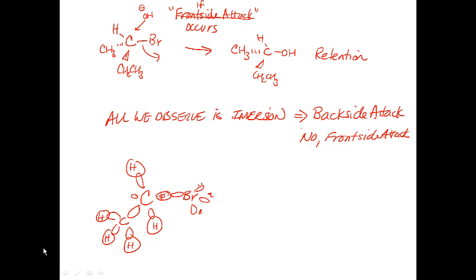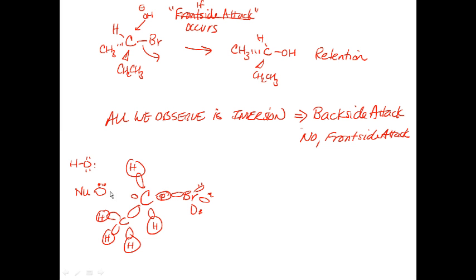Because what happens is that when the nucleophile comes in, and let's say if this nucleophile was a hydroxide ion, that hydroxide ion would be sp3 hybridized. So when the nucleophile comes in with its hybrid orbital that has the lone pair of electrons that it's going to use to form the nucleophile carbon bond,